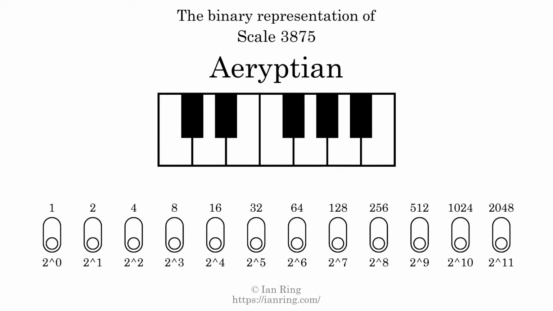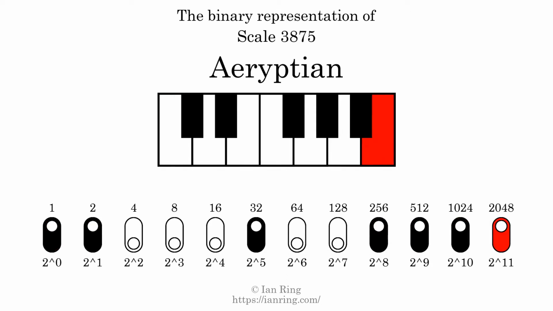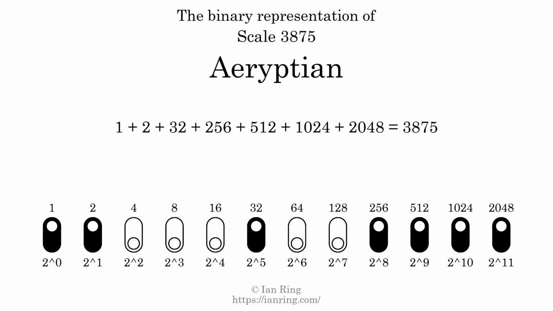The binary representation of this scale is determined by mapping tones of the scale to binary digits. Each binary digit represents a power of 2. To get the scale number, we add the powers of 2 together. The powers of 2 that are present in the scale, all added together, equals 3875. That is why the scale number, in decimal, is